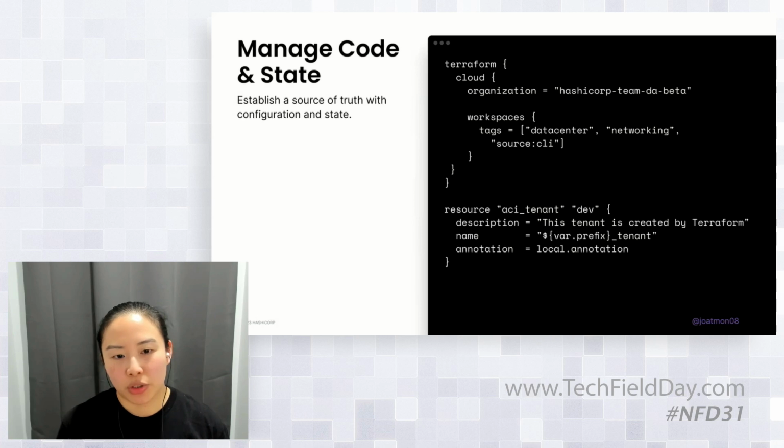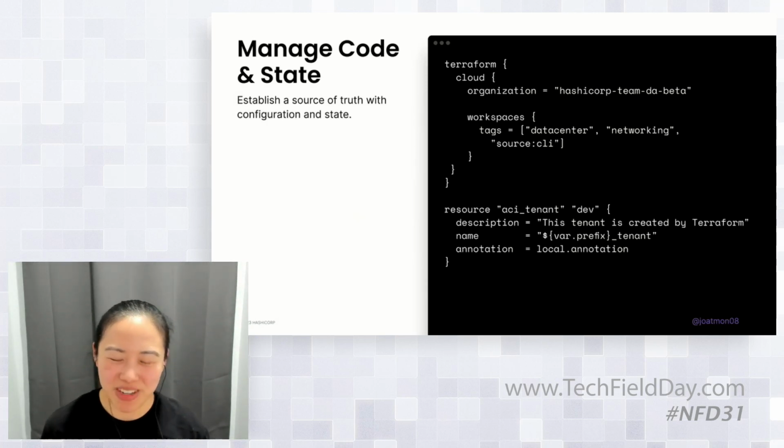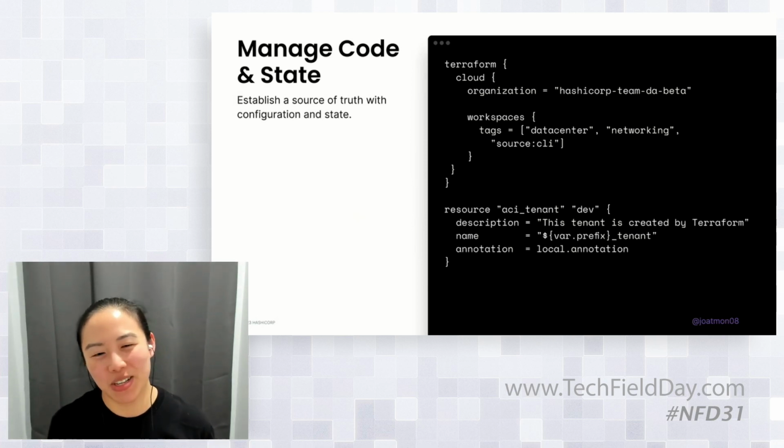When you establish a source of truth with Terraform, what you're really saying is that this configuration is the established configuration that I want to use across my system, across my network, whatever device you're trying to configure. In this situation, it's easy to say, I'm going to create this tenant and I'm going to store its state locally because I've only run it on my machine. This is how we typically start with Terraform. We say, okay, we're going to just run terraform apply and things get stored locally. It's great. And this is where we get the argument of it works locally,